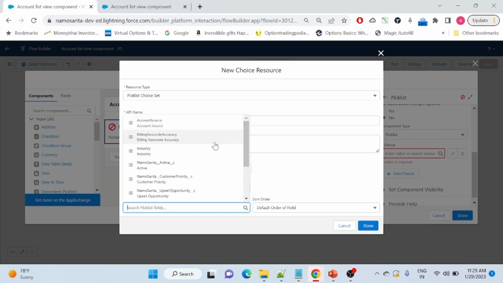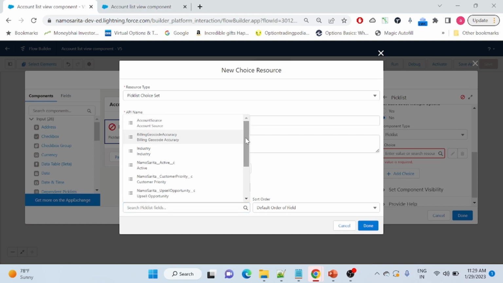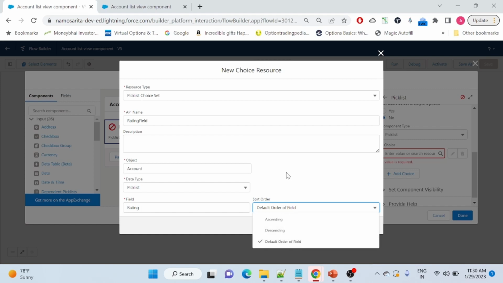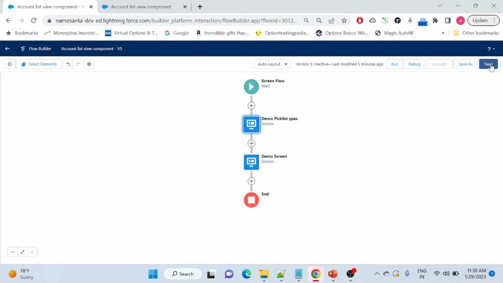Now, as soon as you select the pick list, all the fields which are of single pick list type, not multi-select, will start coming in the drop down. Okay. So let's say I will select this rating. Then you have an option to sort it. Either you can keep the normal order in which it is present on the field, or if you want, you can do the sorting in ascending and descending order in the flows. So I'll keep it as the default order, and then I'll click on done. Now I have a rating field. Okay. Now if I click on done and save it,